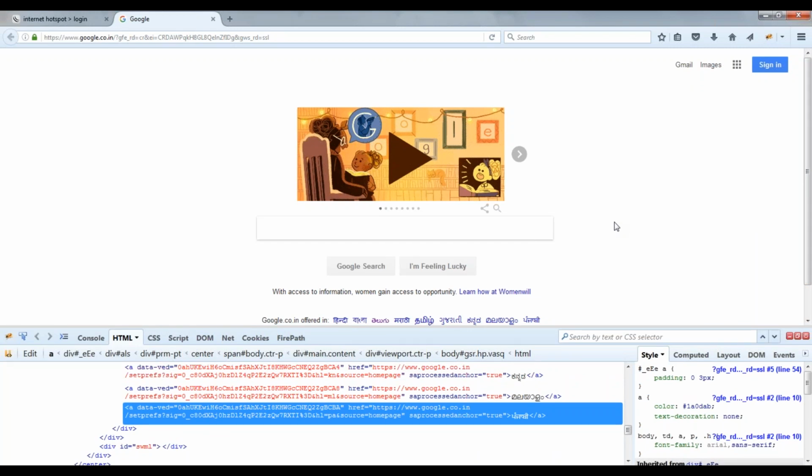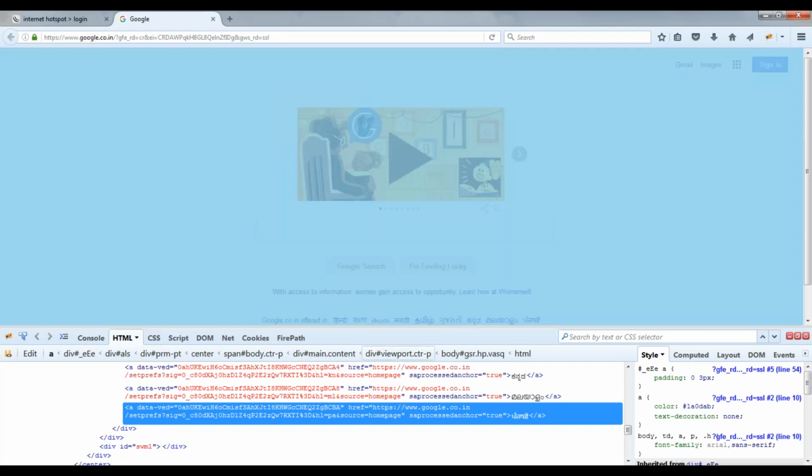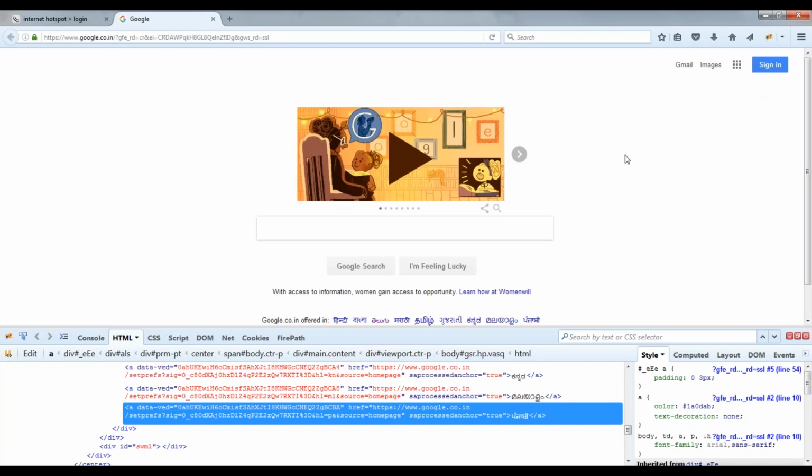If you consider the example of directory listing websites, you need to check whether each and every link is working or not. For that, first we have to get all the links in that page, and then we need to keep testing each and every link to check whether it is working as per the requirement or not. So that can be a scenario.